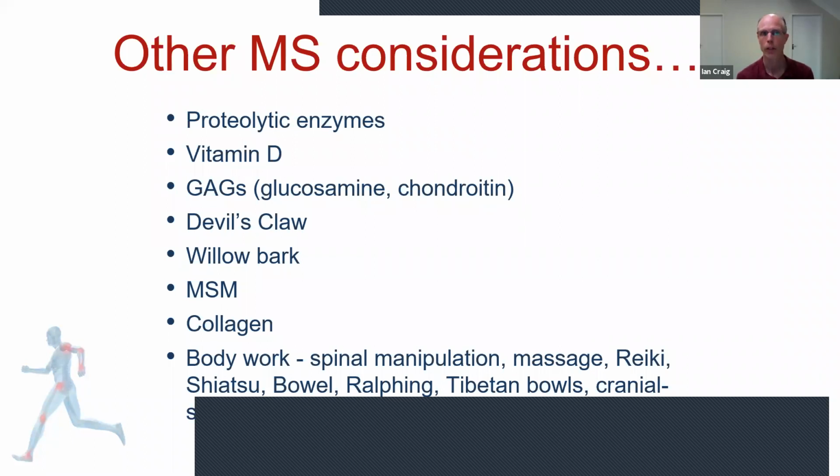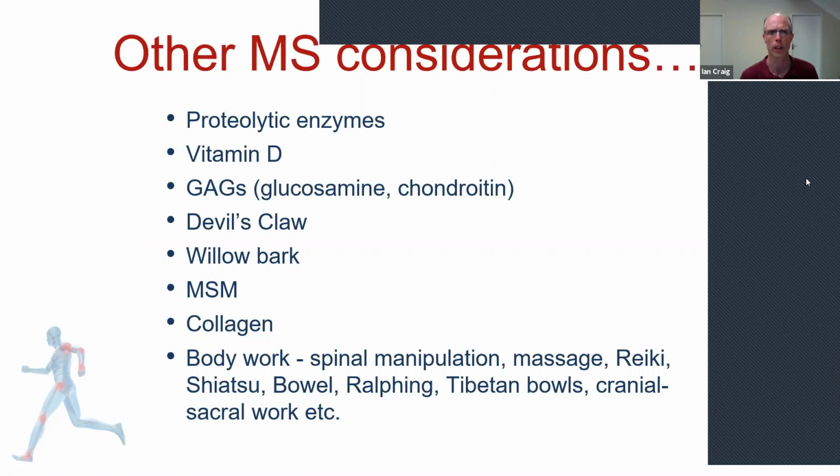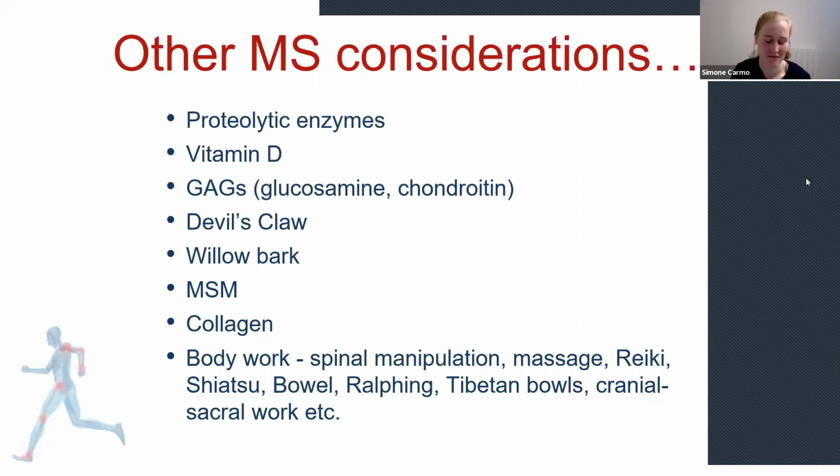Other considerations that I would think of specifically for musculoskeletal: proteolytic enzymes, and that's trying to decrease the debris as quickly as possible after breakdown of tissue. And I think, Simone, you found an article recently connecting it with hypertrophy as well, didn't you? Yeah, I did. And then vitamin D, glucosamine, chondroitin,